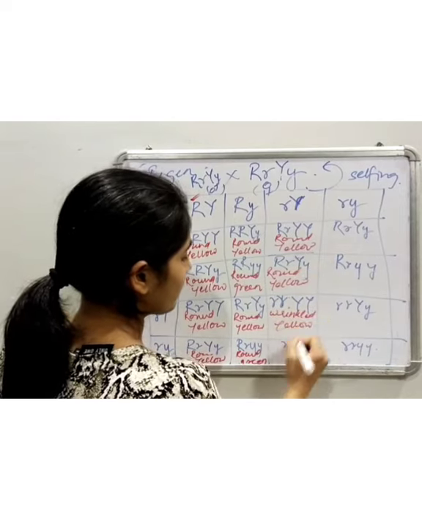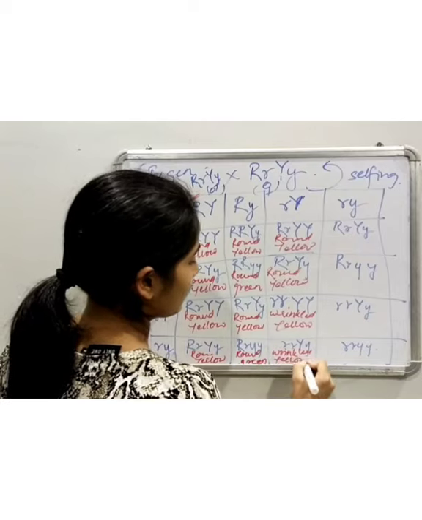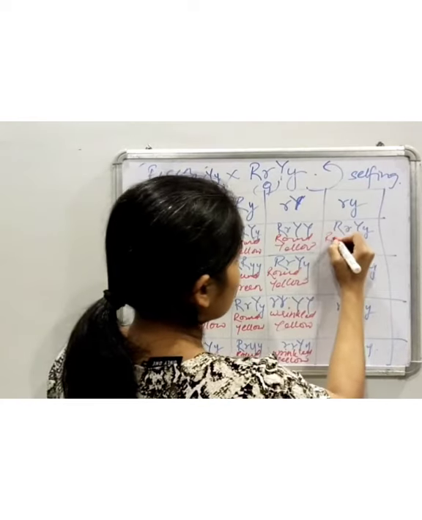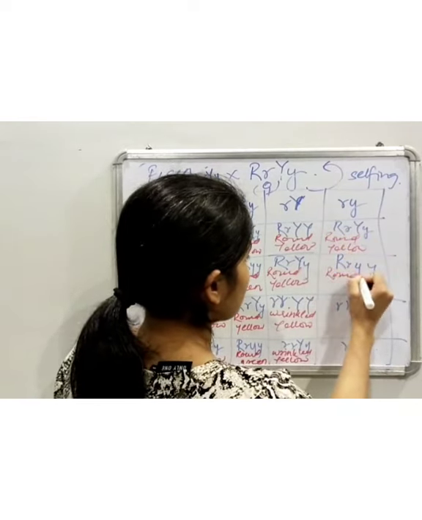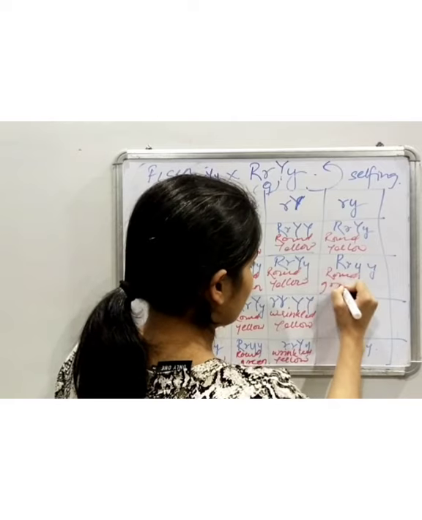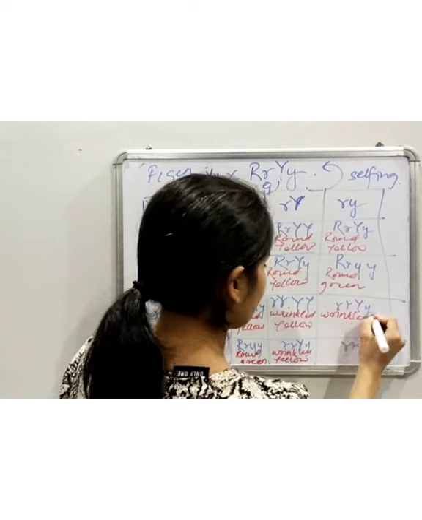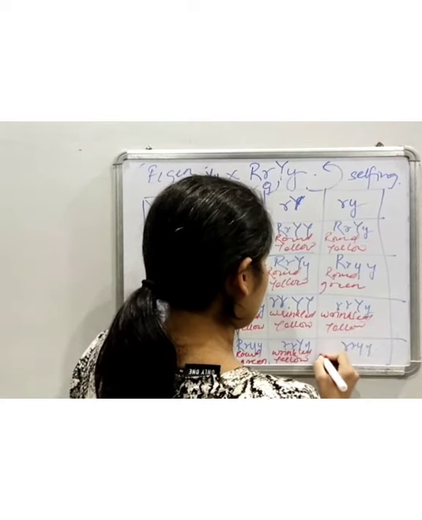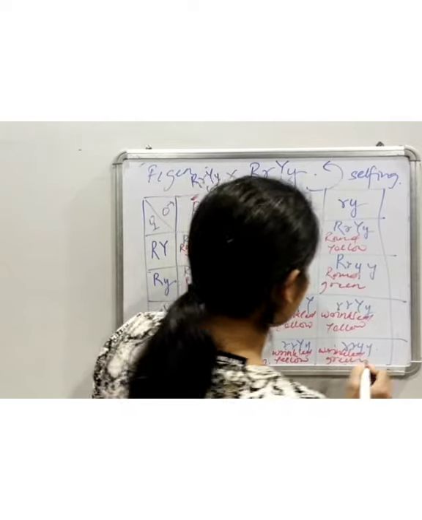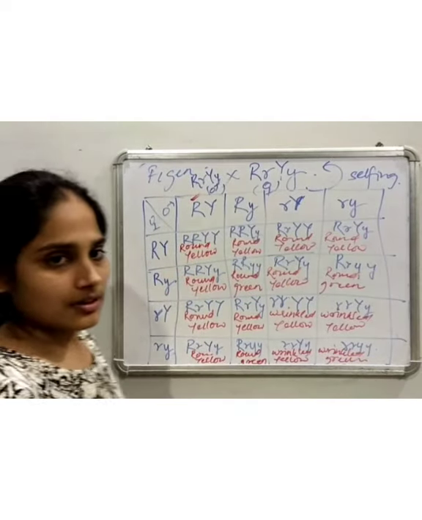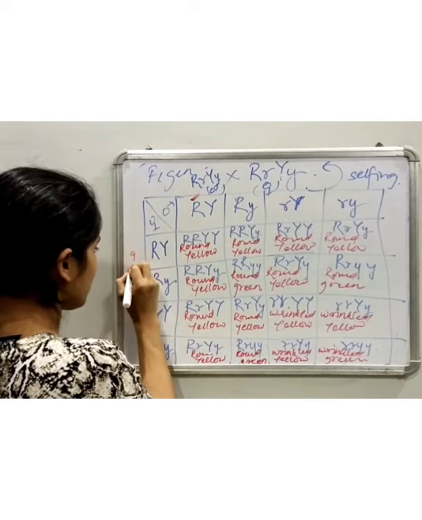yellow, wrinkled, yellow, round, yellow, round, green, wrinkled, yellow, wrinkled and green. So if we count, then the phenotypic ratio becomes